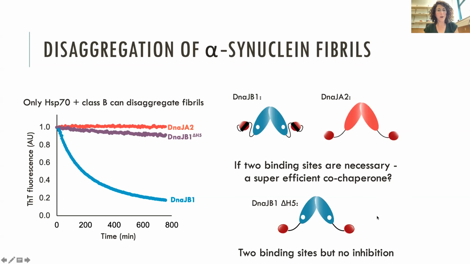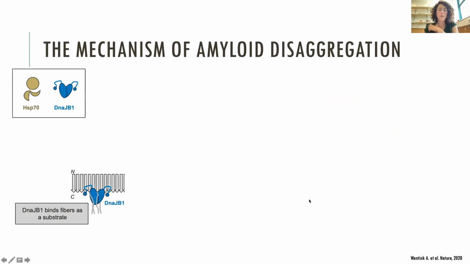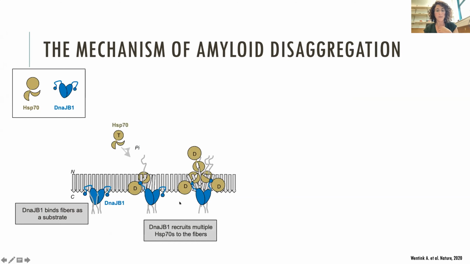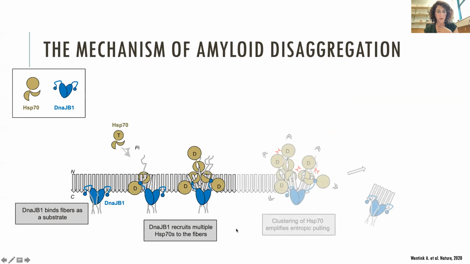And in order to figure out why, we were lucky enough to have our close collaborators, the Bernd Buchau lab in Heidelberg, and specifically Anne Benting, decipher the mechanism of amyloid disaggregation. And in this beautiful paper that they published, you can see how DNAJB1 binds fibers as a substrate and then recruits HSP70 to the fibers, and it recruits multiple proteins to the same area. There is clustering of HSP70. This generates enough pulling forces to have some piece of fiber move out,